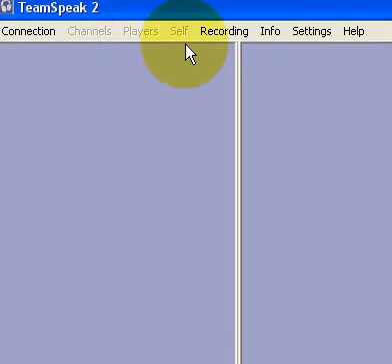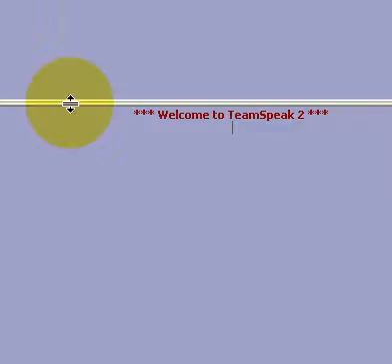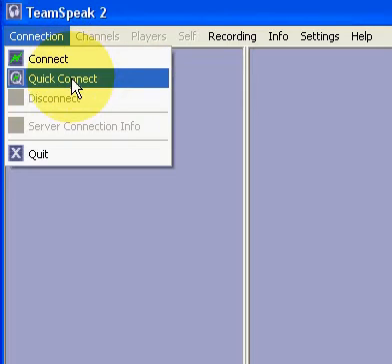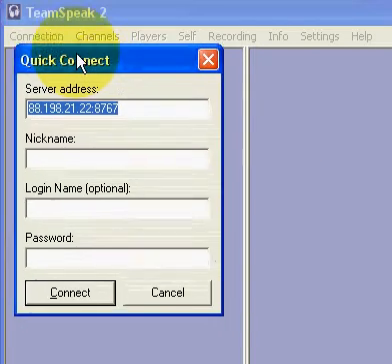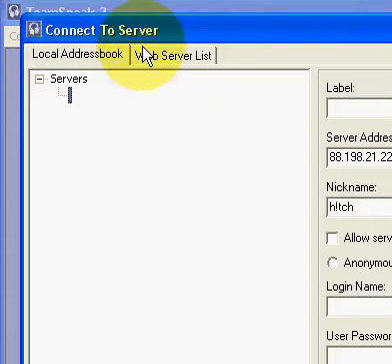First open TeamSpeak. Open TeamSpeak, connect, quick connect. Go to this app or connect.